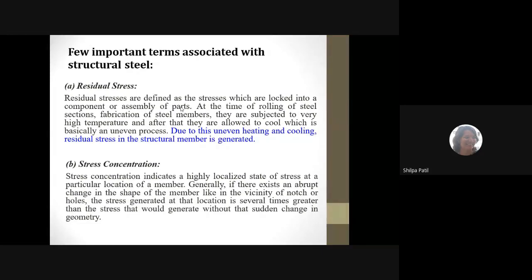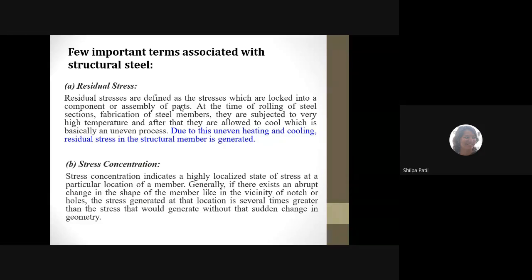By preparing a notch. So at any particular surface, when we prepare a notch, we are actually changing the size and shape of that particular material. So there will be an abrupt change in the size and shape in the material. And because of that, at that particular location, there will be a large stress concentration. And when there is a large stress concentration, obviously at that location, the material behaves like a brittle material, and it breaks down easily.